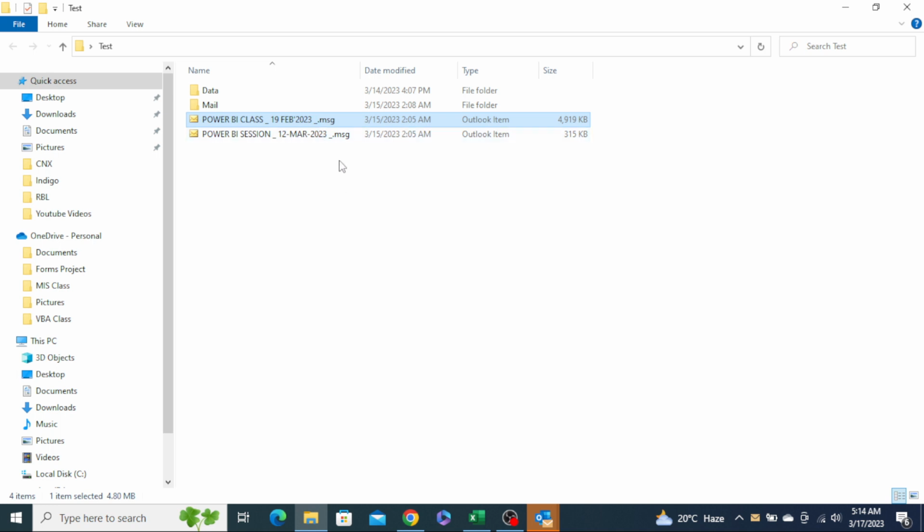So in both mails I have an attachment, and along with that I have some data, I have written something over the body, okay? So I want the data and whatever I have written over the body, all that should get copied and pasted into a separate Excel workbook, and that should get saved in the data folder, right? If this mail has any attachment, that attachment should automatically get saved in the mail folder,